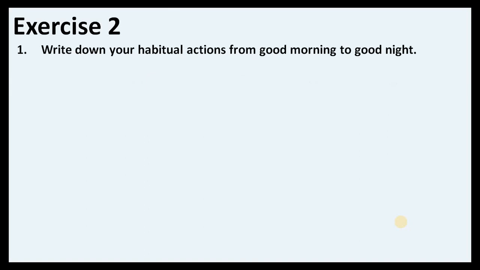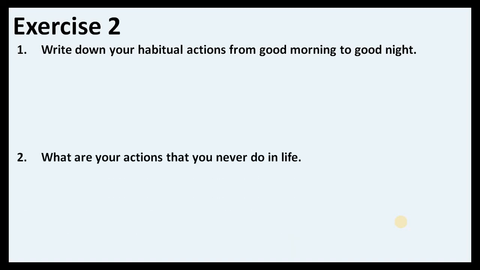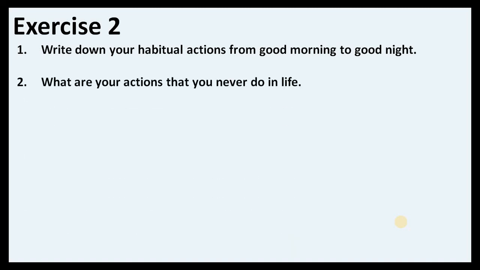Alright, now focus here. Write down your habitual actions from good morning to good night. Make a note and start to prepare. And what are the actions that you never do in life? So you can take the same structures, active voice. If passive is required, you can go by that. If not, then just leave it and focus on active structures and start to maintain a speech mode so that